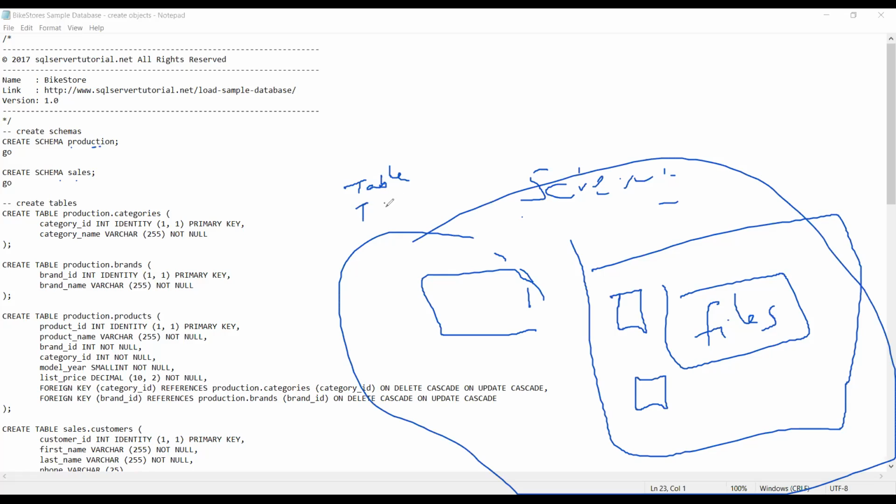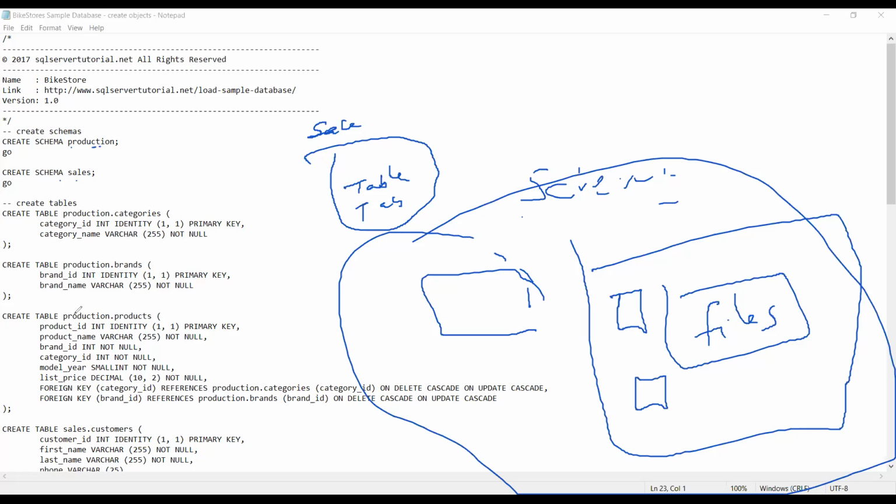और टेबल से बहुत सारे टेबल्स अगर मेरे पास बने हुए हैं तो मैं एक स्कीमा बना लेता हूँ। उस स्कीमा का नाम मैंने रख दिया सेल्स। तो सेल्स से रेलेवेंट जितने टेबल्स हैं वो मैंने सेल्स स्कीमा में रख दिए, और प्रोडक्शन से रिलेटेड जितने भी टेबल्स होंगे वो मैं प्रोडक्शन स्कीमा में रख दूंगा। एक प्रोडक्शन के अंदर हो सकता है 10 टेबल्स हों, जैसे कौन कौन सी मशीनों से प्रोडक्शन आ रही है, और सेल्स से रेलेवेंट कौन कौन से सेल्समैन हैं, कौन कौन से प्रोडक्ट्स हैं। इनके अगर अलग अलग टेबल्स बने हुए हैं तो सारे टेबल्स मैं इस स्कीमा में रख लूँगा।